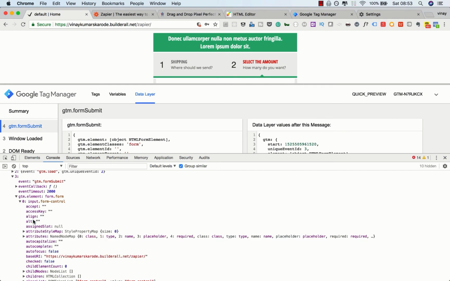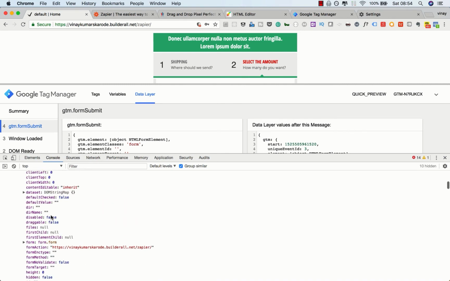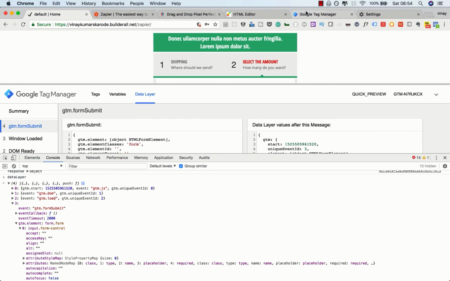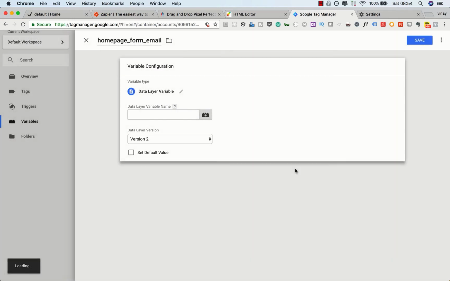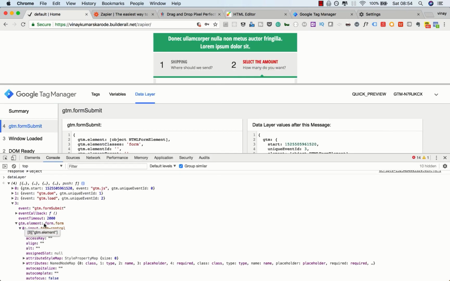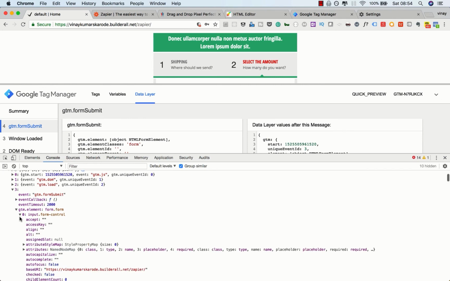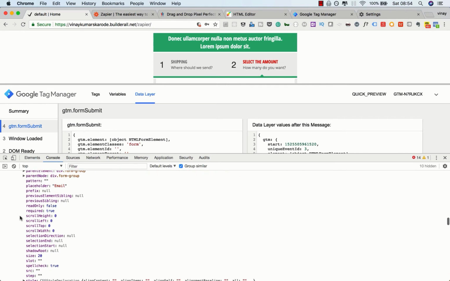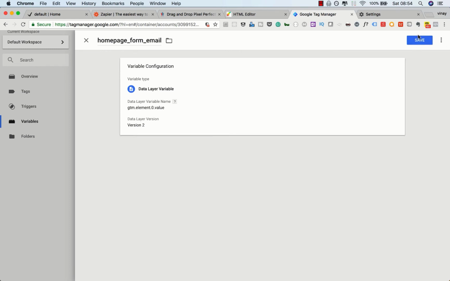So if I expand that out again, we have the value that we are interested in. Now how do we get that value back into Google Tag Manager? The way we do that is, if I click on variable configure, we have the data layer variable over here. Let's click on that, and here we're going to say gtm dot element, which is this particular entry within our array, and then we're going to say 0 for our first input field, and then value. So we'll say dot 0 dot value, and that should be our email address. So let's just save that,